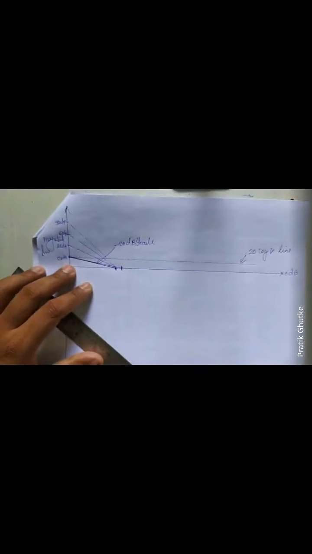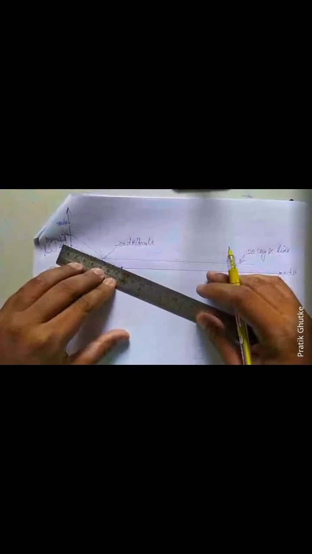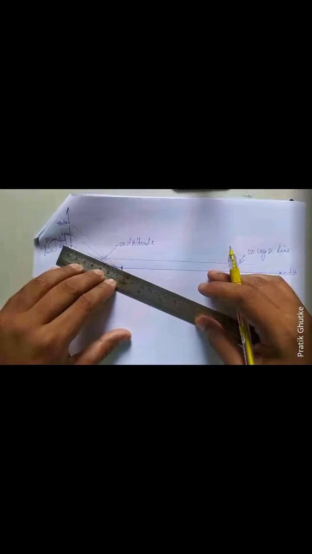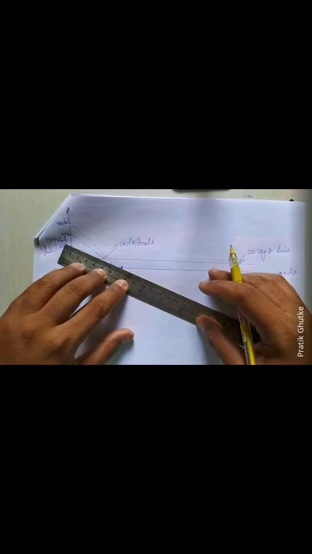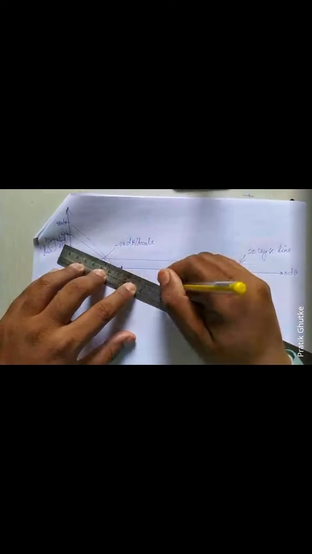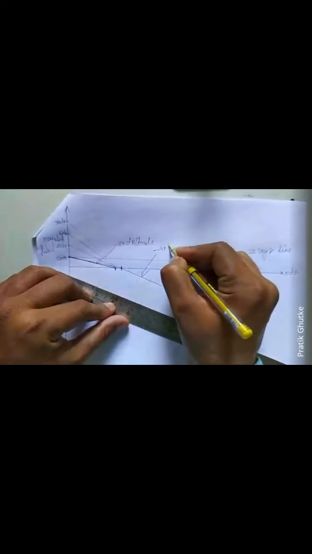After that, there is also a first order pole. So the next first order pole is there. My slope will change from minus 20 dB per decade to minus 40 dB per decade. So now I will take the reference of 40 dB and draw the next slope. Up to where will it go? It will go up to 10, because 10 is my next corner frequency. This slope is minus 40 dB per decade.